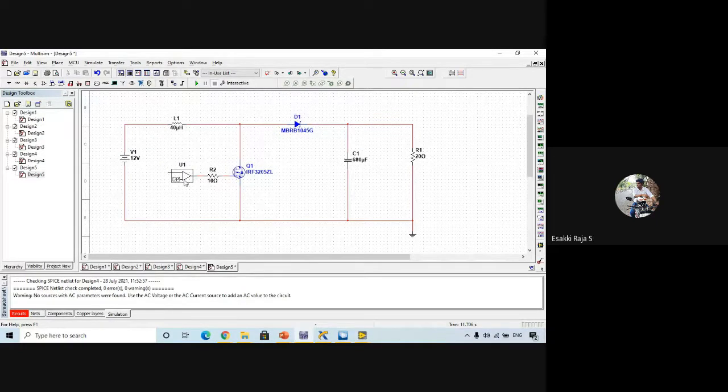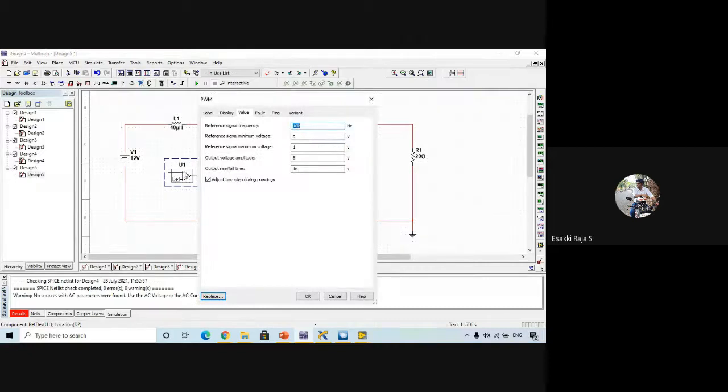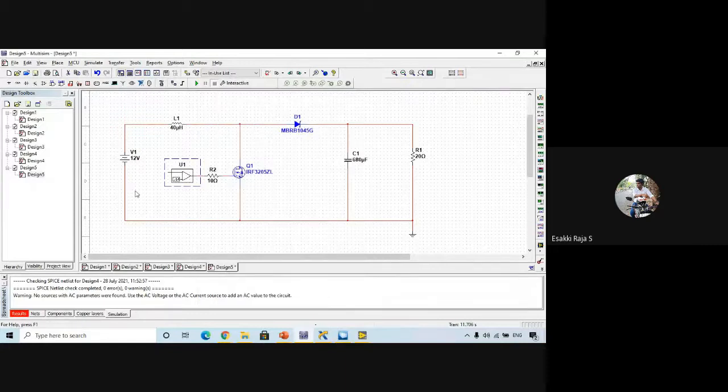Apart from that, the remaining parts are all the same. I'm not going to change anything over here. So we have placed everything. Now in LabVIEW, what I'm going to measure is the input voltage and the output voltage. And for my circuit, I have to provide a duty cycle, so I have to place connectors at these places.